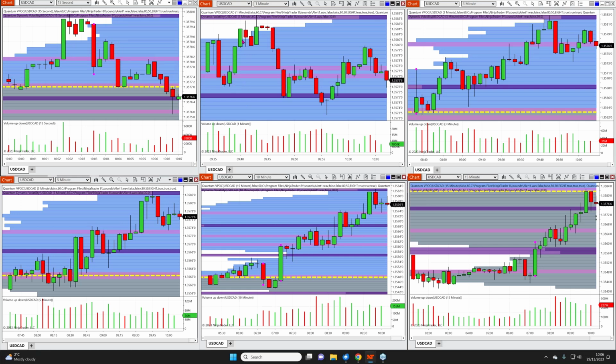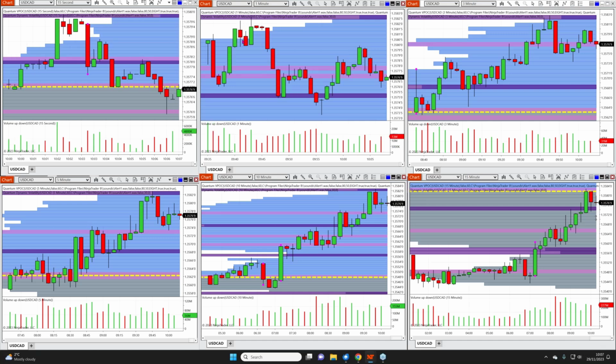And this is another classic example of anomalies that we're looking for all the time. There's 2 things you look for in VPA. You either look for things that are in agreement, or are they in disagreement? In other words, an anomaly. And clearly this is anomalous. Why? Because first of all, we've got 3 rising candles, fine, but we've got falling volume associated with that price move. That's anomalous.